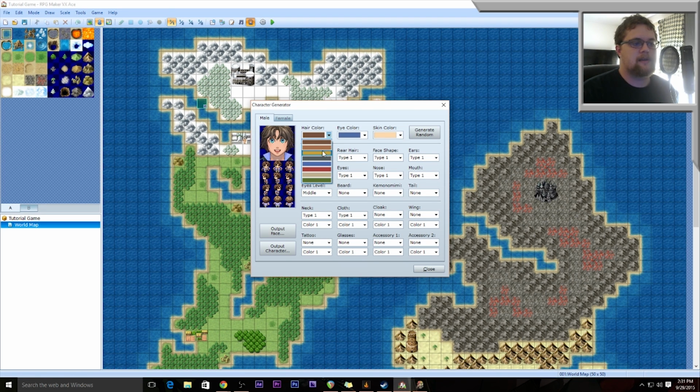So his hair color is going to be irrelevant because we're going to change it, but we're going with a reddish sort of color. Eye color, we're going to make it brown. Skin color, we're going darker because he's from a desert. It's not racist, guys. It just makes logical sense. So let's find a hairstyle that